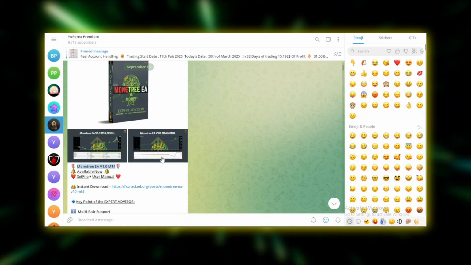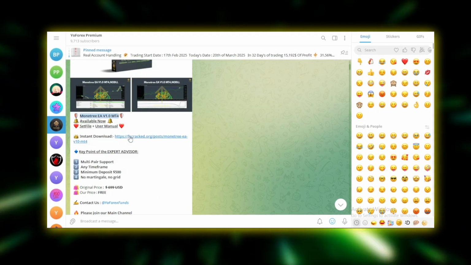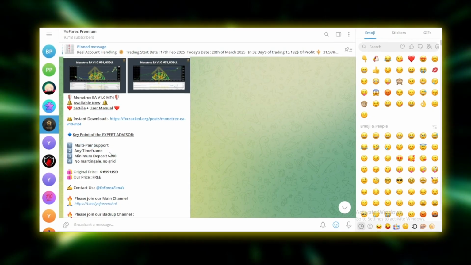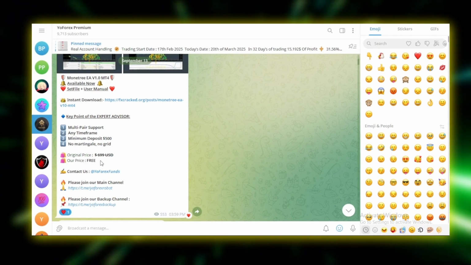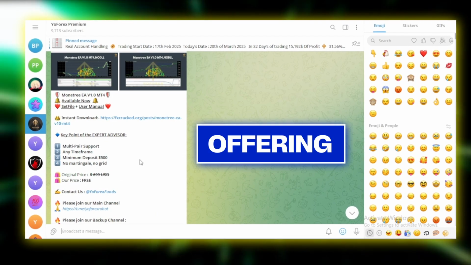Finally, the EA is available on the YoForex Premium Telegram channel with set files and support, featuring multi-pair compatibility, any time frame use, minimum $500 deposit, no martingale or grid, and though the original price was $699, YoForex is offering